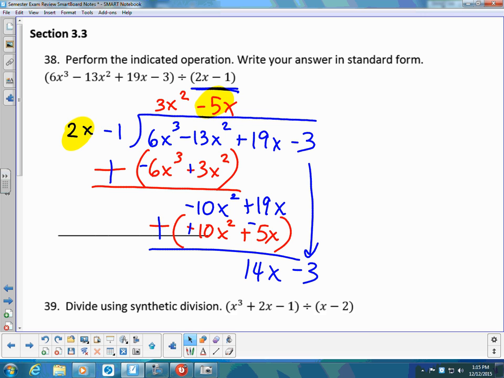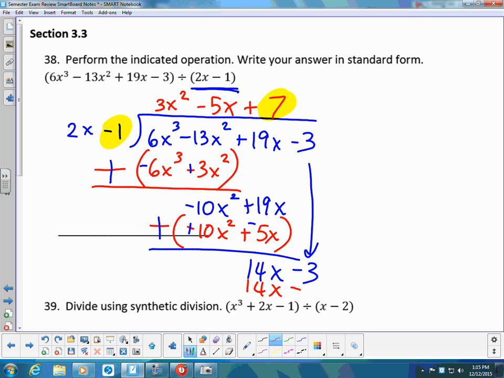So I'm going to look at the 2x here, and I'm going to look at the 14x here, and I'm going to say to myself, 2x times what gives me 14x, and that would be 7, so I'm going to put a plus 7 right here. But now I need to multiply the 7 by both of these. So when I take 7 times 2x, I get 14x, and when I multiply the 7 times the negative 1,